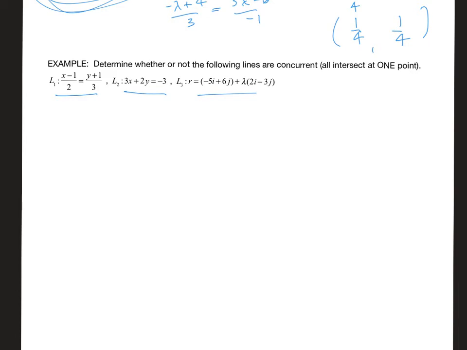So what I'm going to do is find the point of intersection of lines 1 and 2. I'm going to figure out where these two intersect. And then once I know where that is, I'm going to see if that is on the third line. Because if it is, that's where they intersect. Okay, so here we go. Line 1